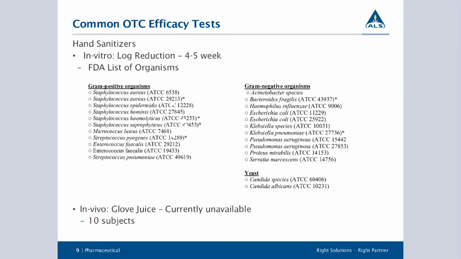So for the hand sanitizers, is MIC required? Can any data from AET be used as part of the efficacy testing? So minimum inhibitory concentration, you typically do that on the raw material that's being used for the kill. So that would be on the alcohol or if there's another active that's being used. You wouldn't really do that on the finished product.